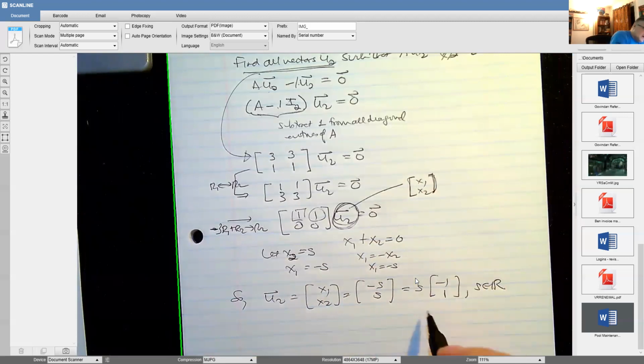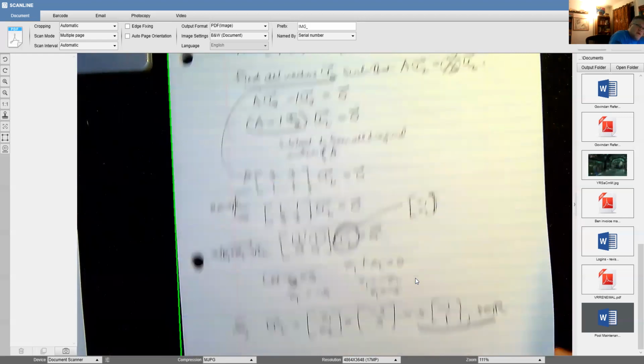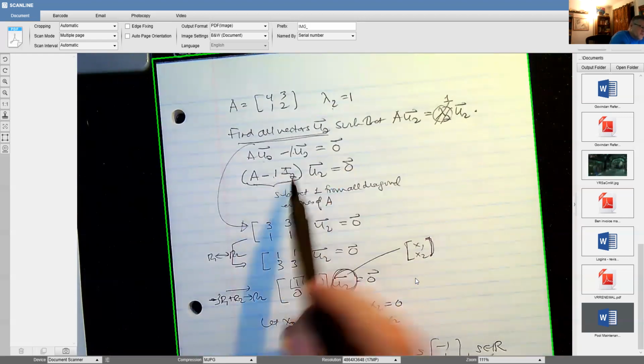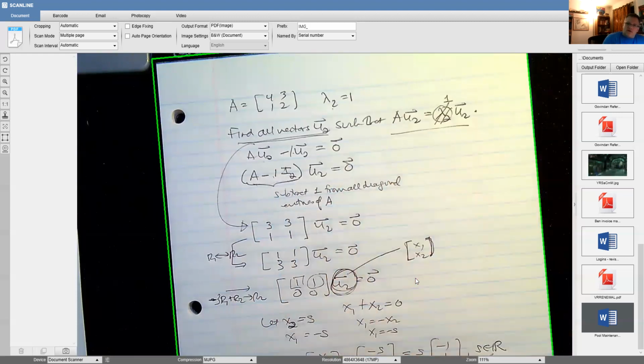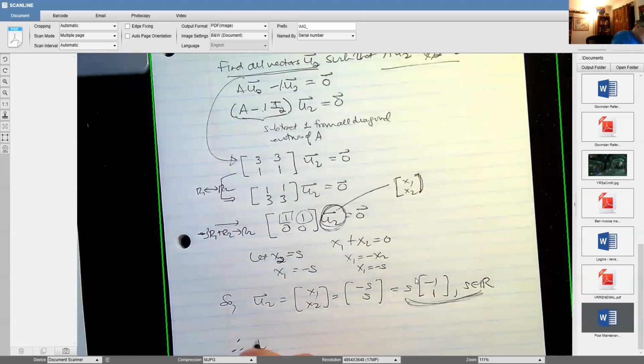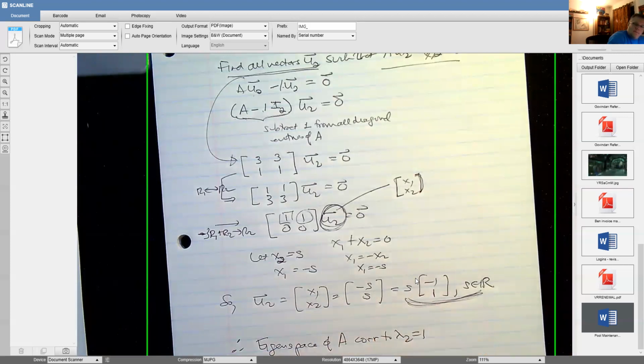So all of these are solutions to this system, and that system arose from the definition of what it meant to be an eigenvector corresponding to lambda equal to 1. And so the eigenspace of A corresponding to lambda 2 equal to 1